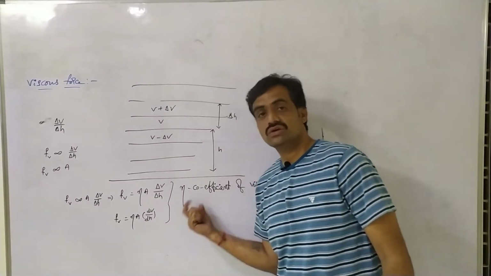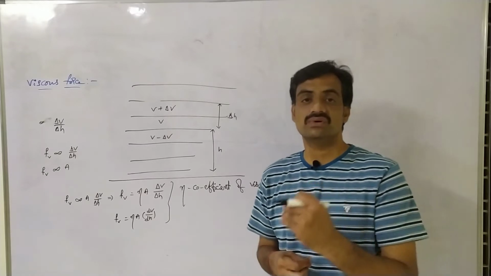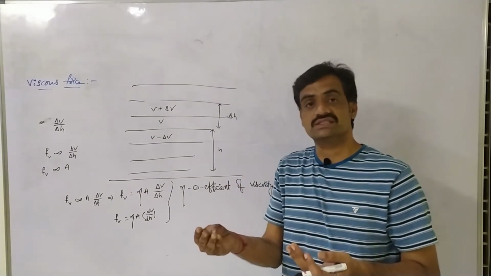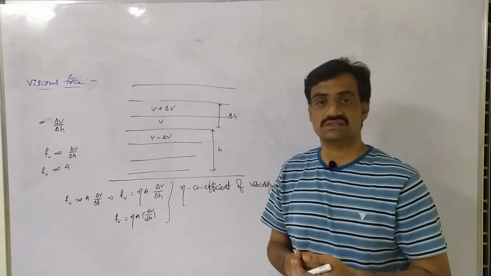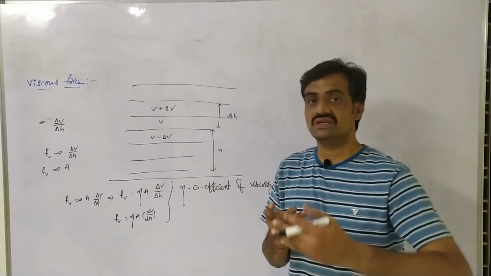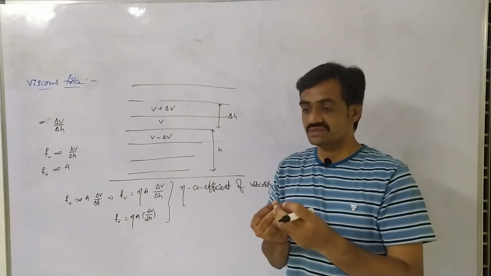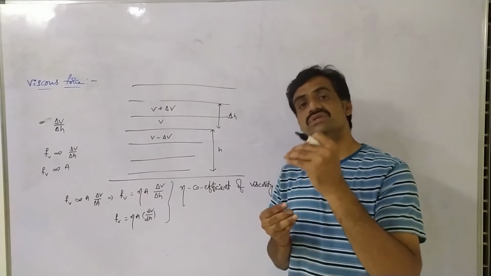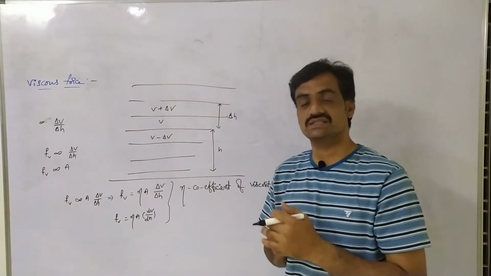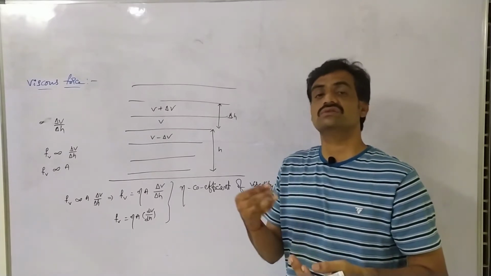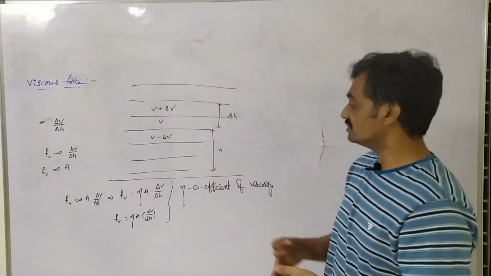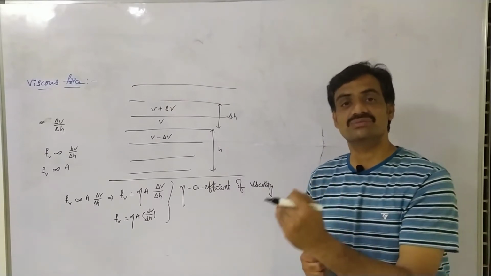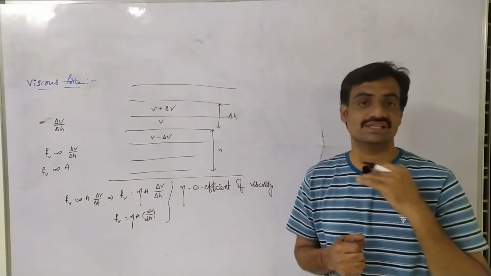Here, this coefficient of viscosity depends upon temperature. As the temperature increases, the coefficient of viscosity decreases. We can observe in our regular life, when we heat oil or water, what happens? It becomes very thin. Based on that, as the temperature increases, the coefficient of viscosity decreases. As the temperature decreases, the coefficient of viscosity increases. So we can represent that the coefficient of viscosity is inversely proportional to the change in temperature.